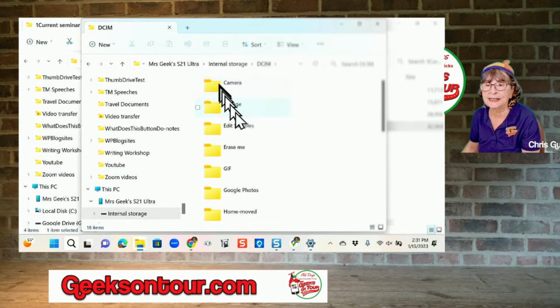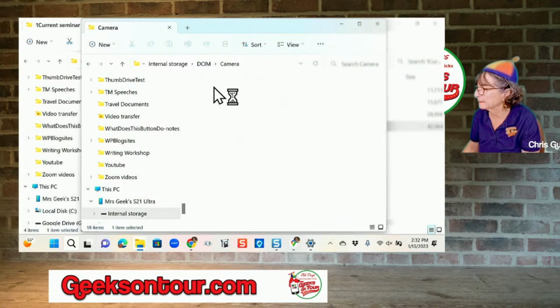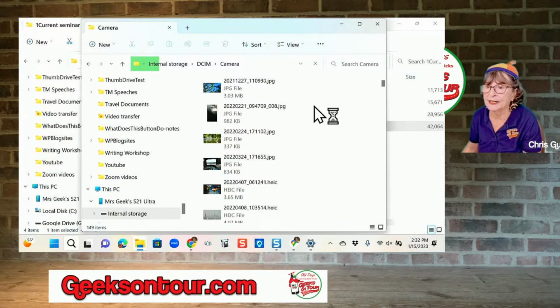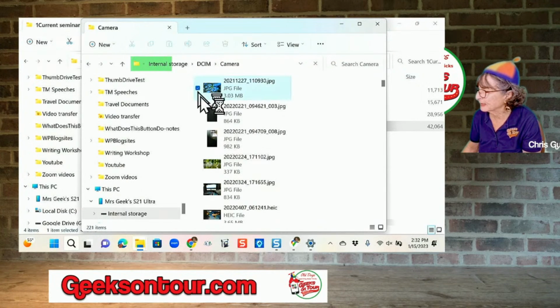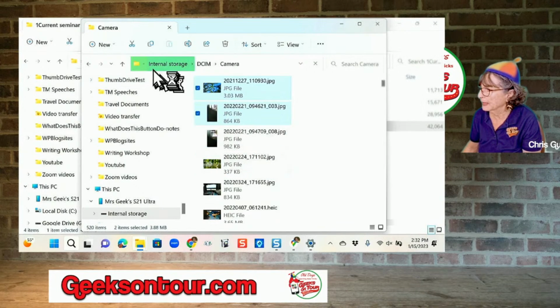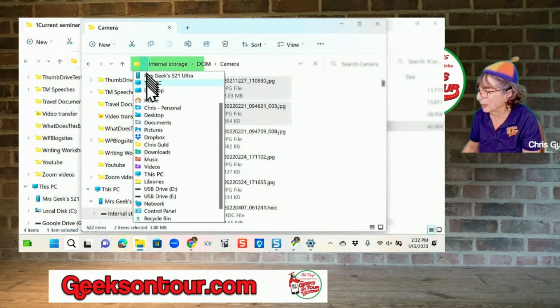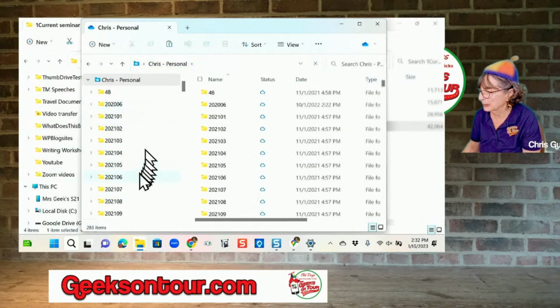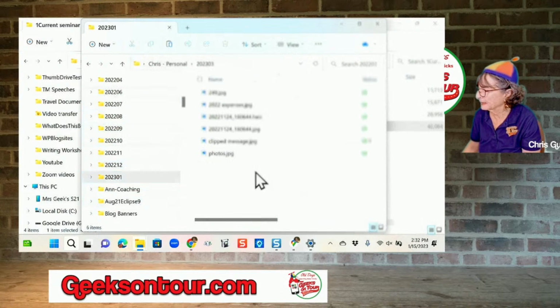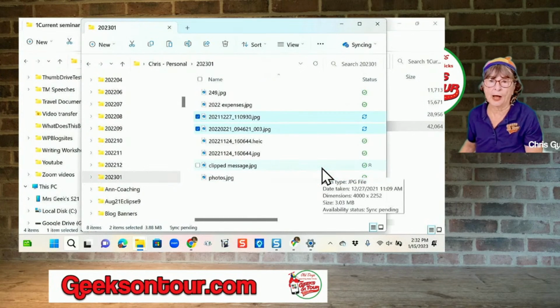And under DCIM, I have lots of choices, but camera is where all my basic photos are. And this is just like having an external hard drive. I can select pictures, right click and copy, and then I can go to wherever I want on my computer, and I have a special folder, and I can right click and paste. And now those photos,